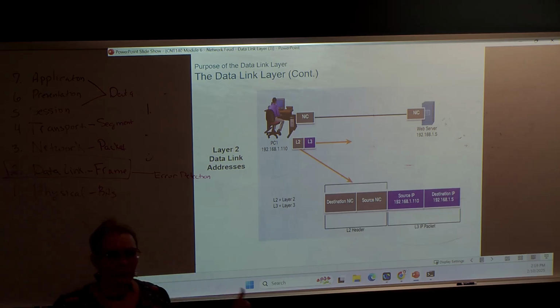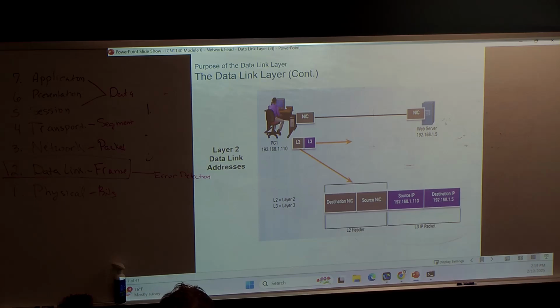Okay, it's picked up a source and destination port. It's the only layer that gives you a clue. The transport layer picks up source and destination port. Okay, now